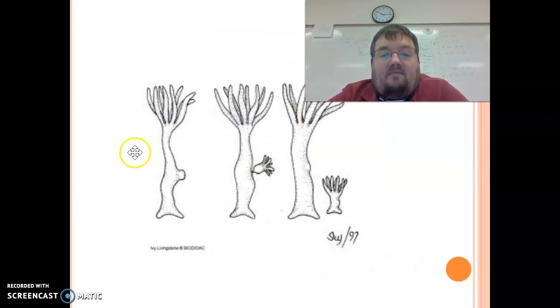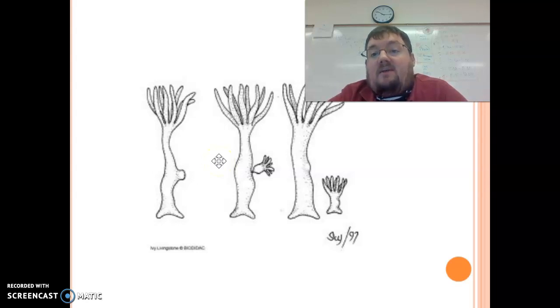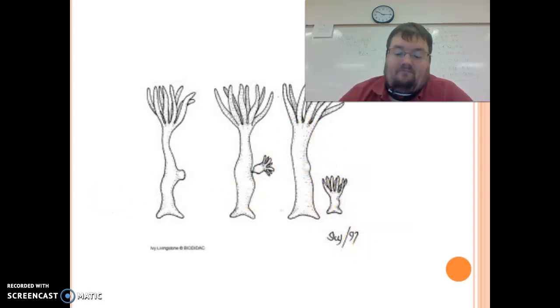Example of budding. Now you can't see a protozoa here. This is actually a hydra. This is a cnidarian, which we'll talk about not next chapter, because next chapter is about sponges, but the chapter after that, because a cnidarian is the same type of organism as jellyfish. But if you look on here and you see this hydra, you'll see a small bud start to form. That bud starts to mature a bit. That bud pinches off and becomes a juvenile form of that organism, which eventually grows up to be an adult itself.